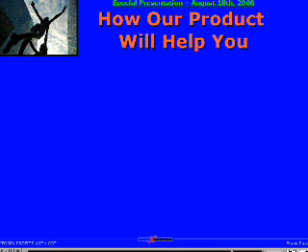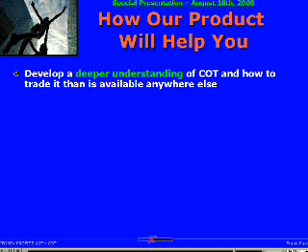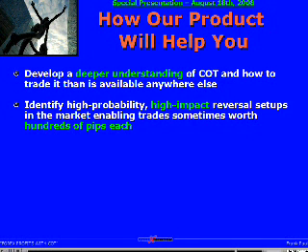All right, that brings us to the final slide in our presentation. I'd like to just spend a moment talking about how we think our product will help you. First of all, I want to give you a deeper understanding of COT and how to trade it than is available anywhere else. We want to be able to identify high probability, high impact reversal setups in the market, and though performance promises cannot be provided, in other words, we can't guarantee you any specific result, when you see these high level reversals, particularly as documented in module 3 of our course, where we're talking about a major setup short after the November 2007 high on pound USD and how the ensuing down move was worth thousands of pips potentially,